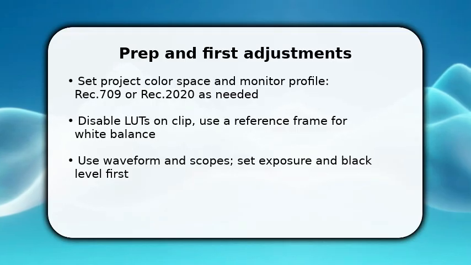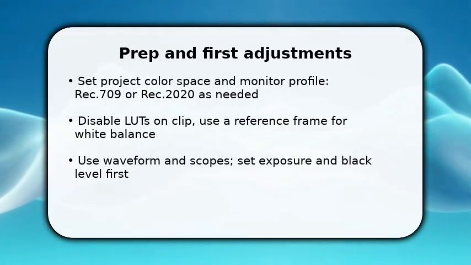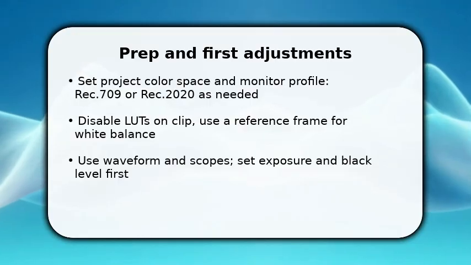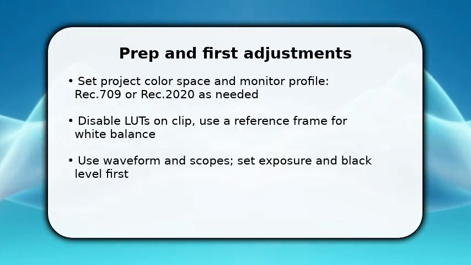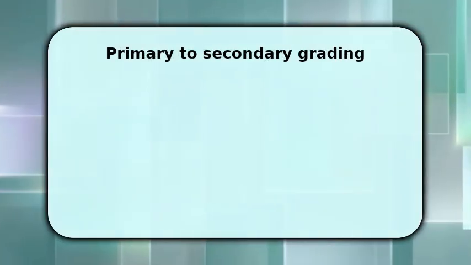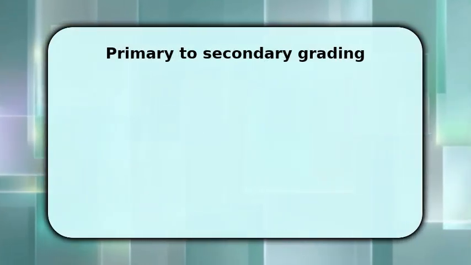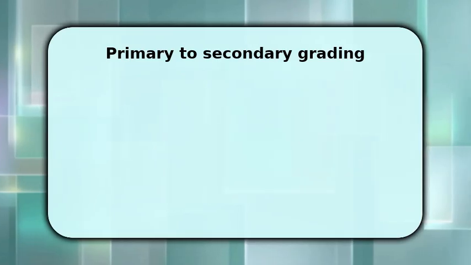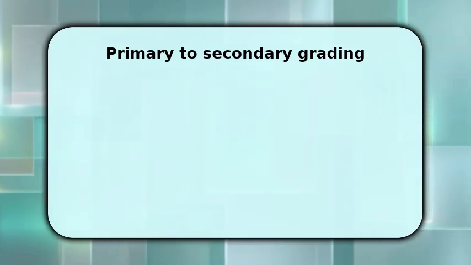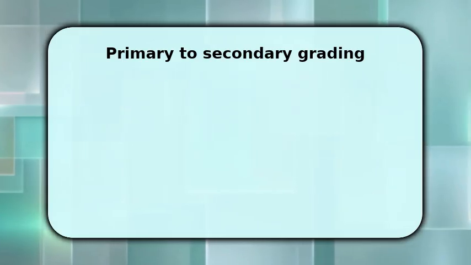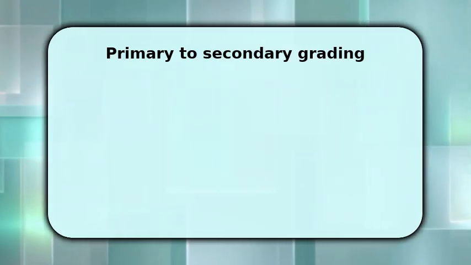You now shift from primary fixes into targeted refinement. Start by dialing contrast and global saturation, then shape the look with lift/gamma/gain or shadows/mid/highlights. This builds dynamic range. Next, isolate subjects with masks or chroma keys and refine skin tones using hue versus hue